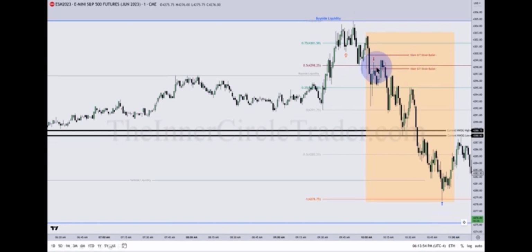Getting short around the 4298 level. That's 1, 2, 3, 4, 5, 6, 7, 8, 9, 10, 11, 12, 13, 14, 15, 16, 17, 18, 19 handles. That's a pretty good day. Even if you're trading with one